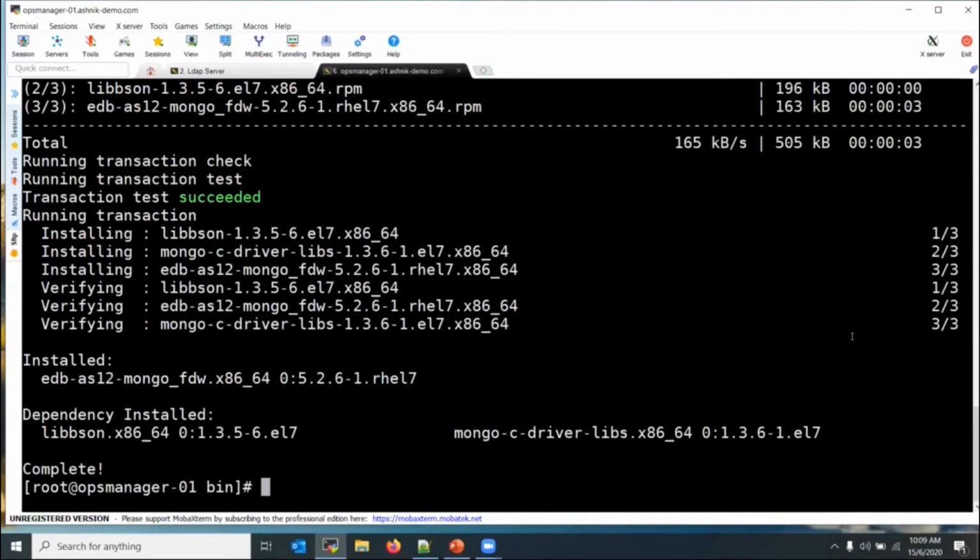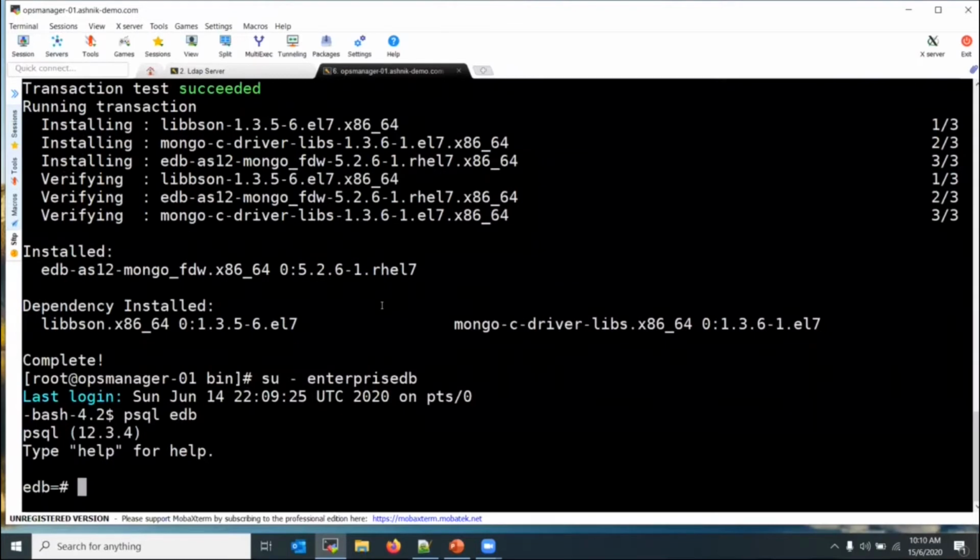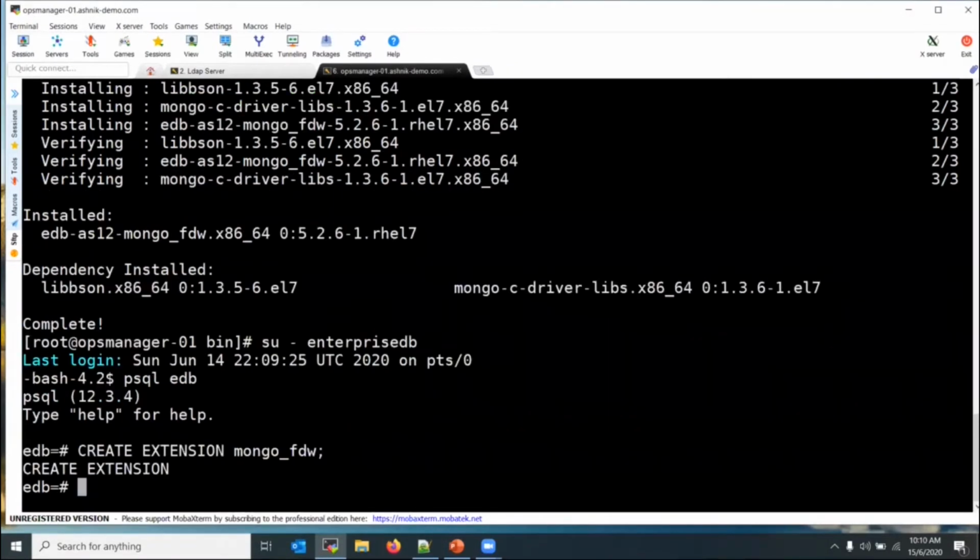So installed. I'm going to connect to my PostgreSQL. So let me create an extension. So the extension is created, and I'm going to create a server object.